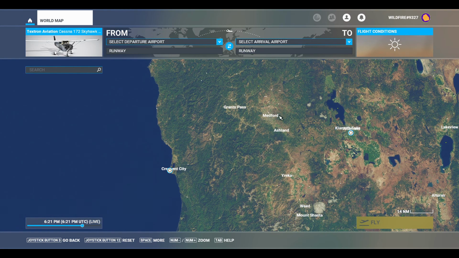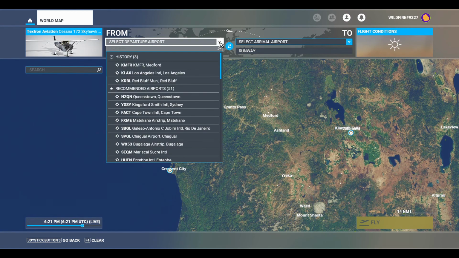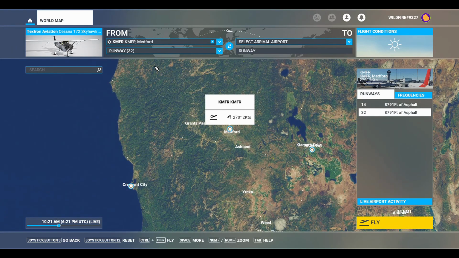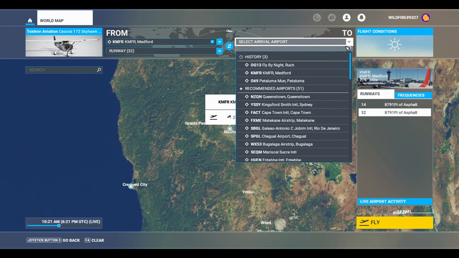So we're going to take off from Medford, which is KMFR, and we're going to go to Crescent City, which is KCEC. So we're going to set a flight plan, and as far as I know, this is the actual flight plan that the plane will follow. Well, I know it will, but I think this is an official flight plan. I don't know if it has to be reported to ATC or not. I don't know. So let's type in